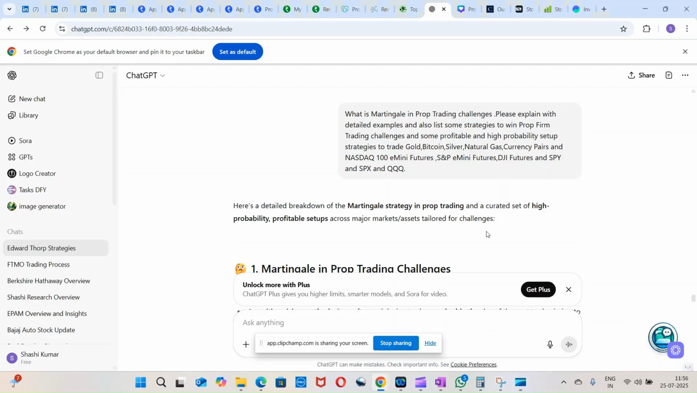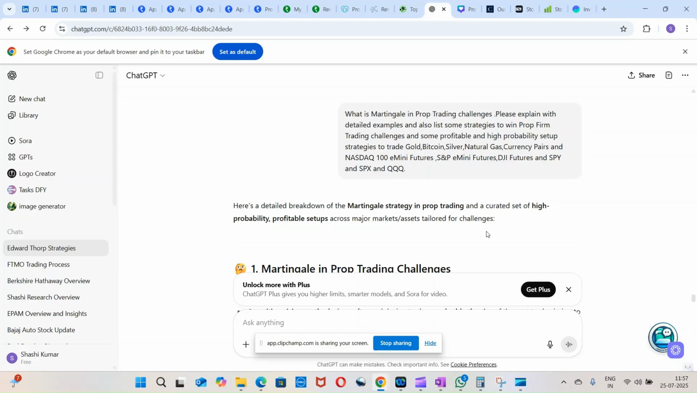Today we are going to discuss what martingale is in prop trading challenges, and we'll go through some examples and strategies to win prop firm challenges, and some profitable and high-probability setup strategies to trade gold, Bitcoin, silver, natural gas, currency pairs, Nasdaq 100 E-mini futures, S&P E-mini futures, Dow Jones Index futures, SPY, SPX, and QQQ. So these are all global